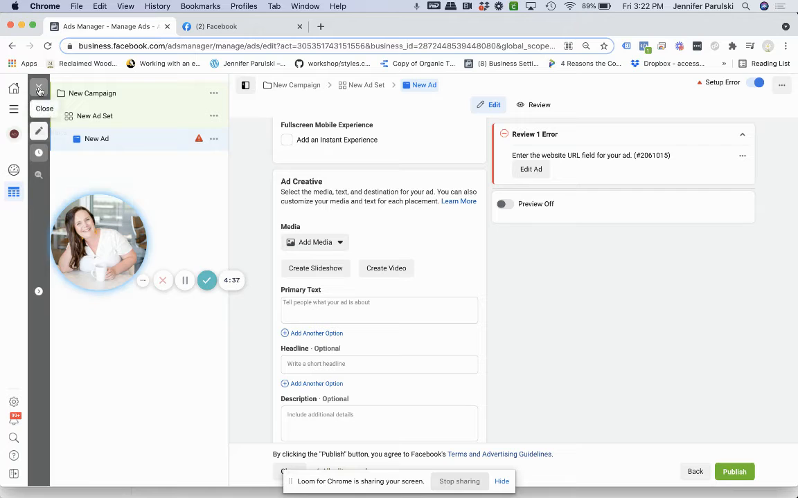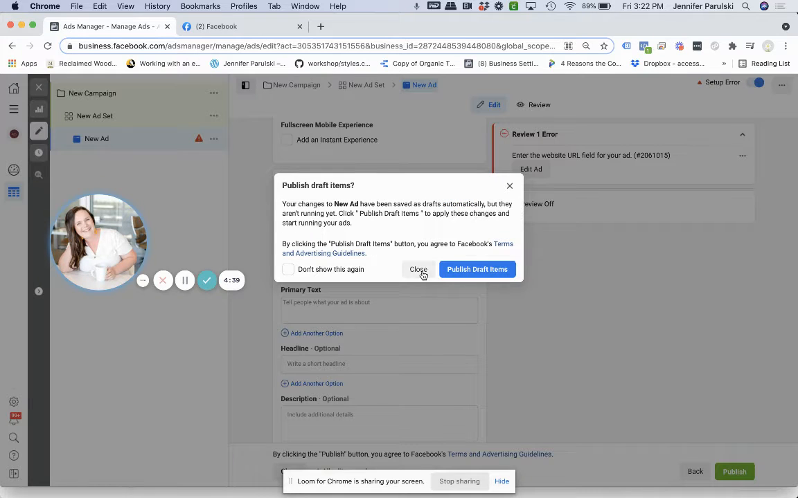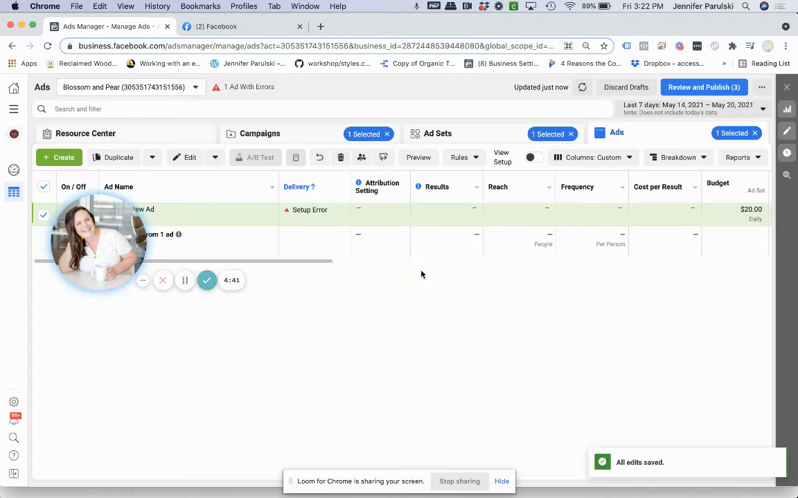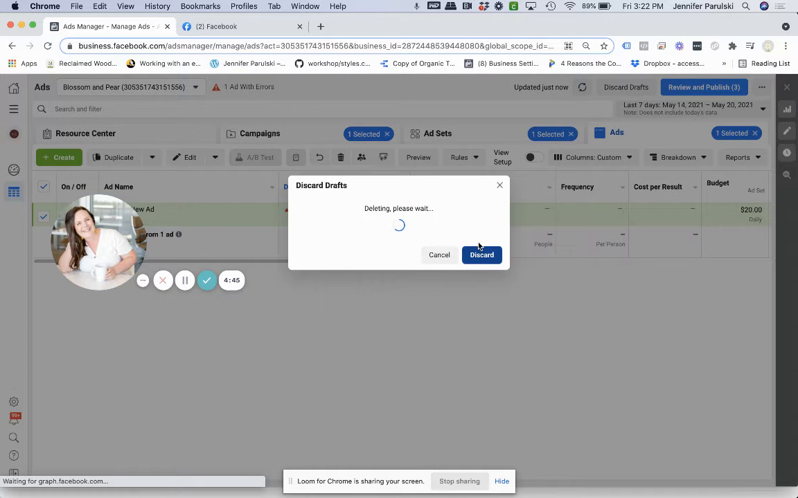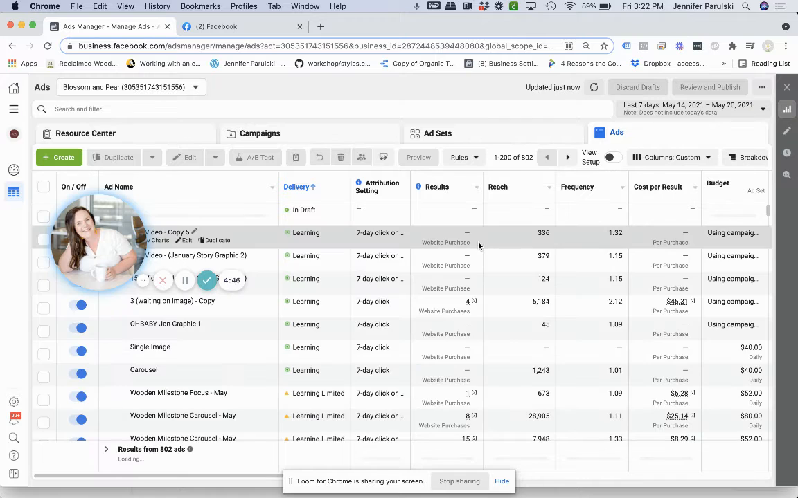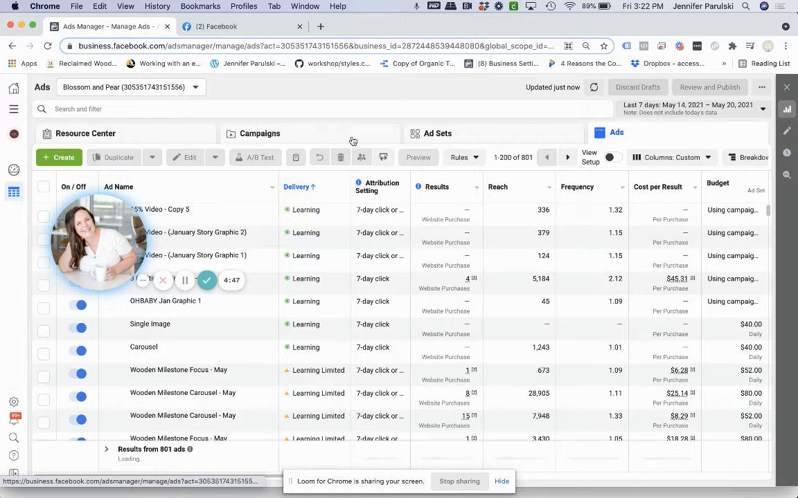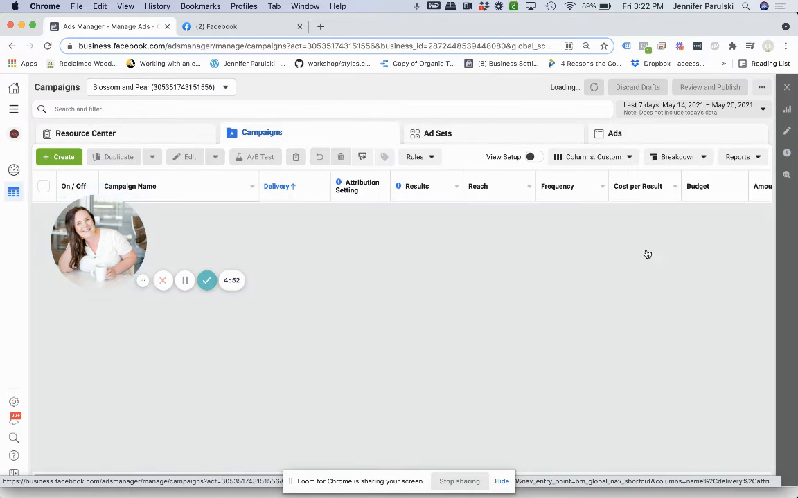I'm going to actually discard this because this is just a draft. And there we go, we'll click discard. And now what I'm going to do, though, is show you guys how you can determine exactly what your return on your ad spend is. So within Ads Manager here,